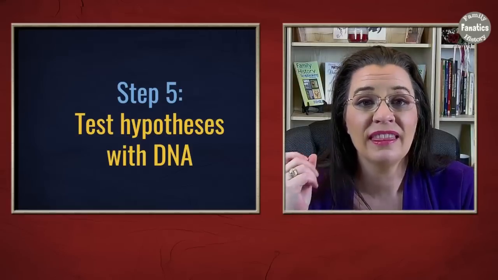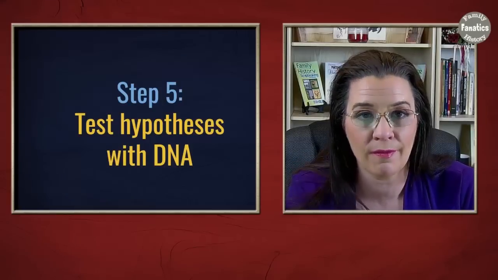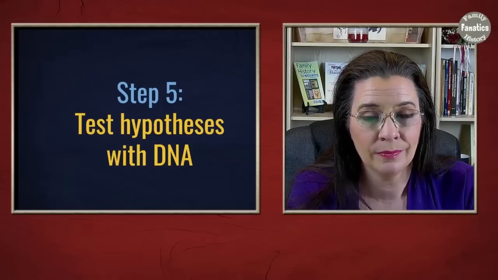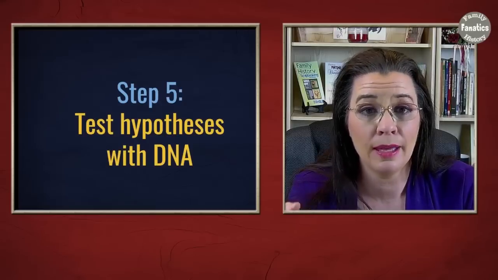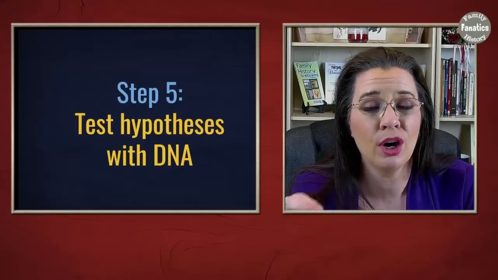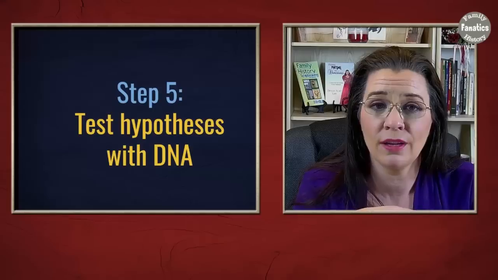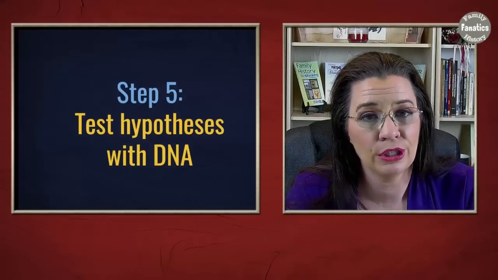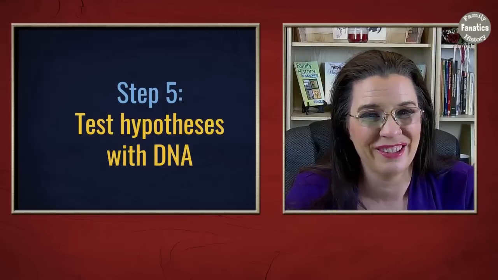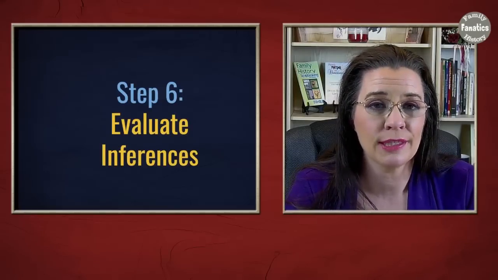Eventually, you're going to develop a number of hypotheses that you can now test with DNA research. Now, the thing that you need to know is you have to have figured out some relatives for the servant. DNA doesn't work if you don't know what her DNA could be. You don't know what her descendants might be. So if you have some hypotheses of the family she could be a part of, and then you have the known matches and descendants of second great grandfather, you can then compare the two. But DNA isn't going to work unless you have found any relatives for that servant. Now, the final step is to begin using inferential genealogy techniques.